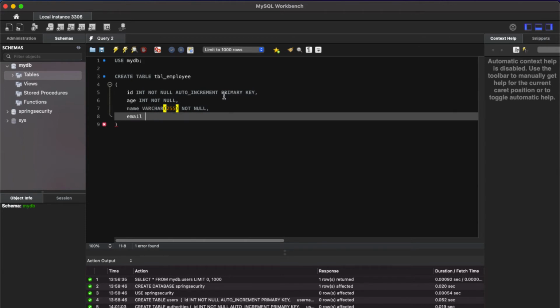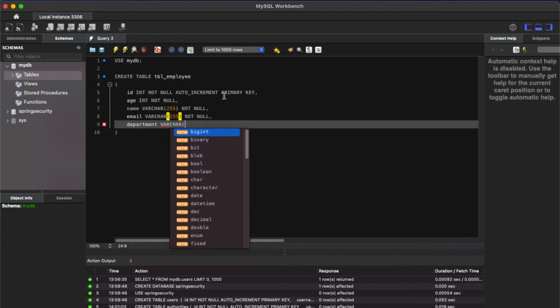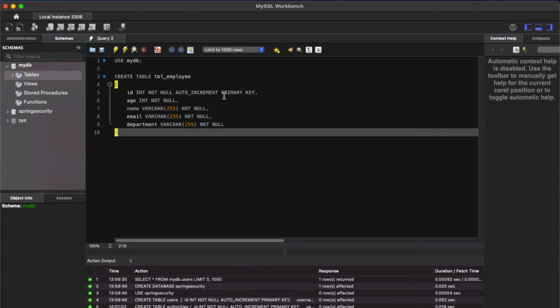And email, varchar 255, not null. And the last column is department, which is of type varchar and 255 characters not null. Alright, we have created the table.